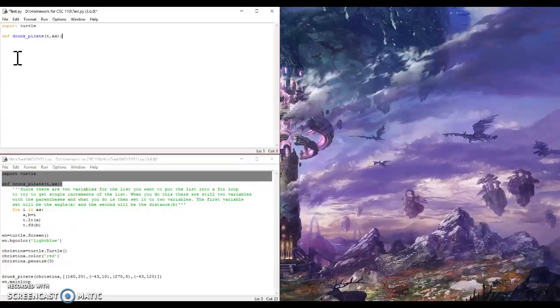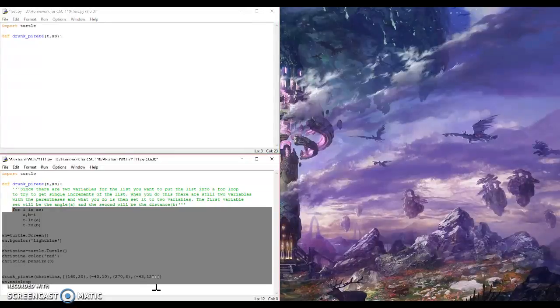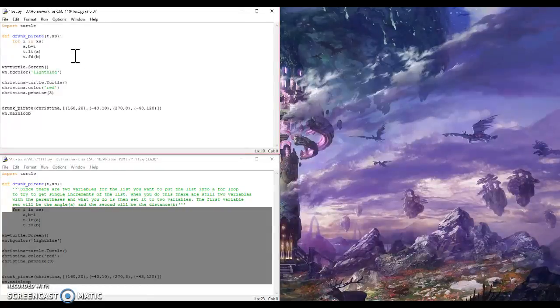I've already made the code here, and what I will be doing is basically copying my code. And the reason why I have to use a list as well as a for loop is because the for loop will individually be pulling out each individual part of the list. So since the first part of the list is this segment right here, it will pull this out and basically have